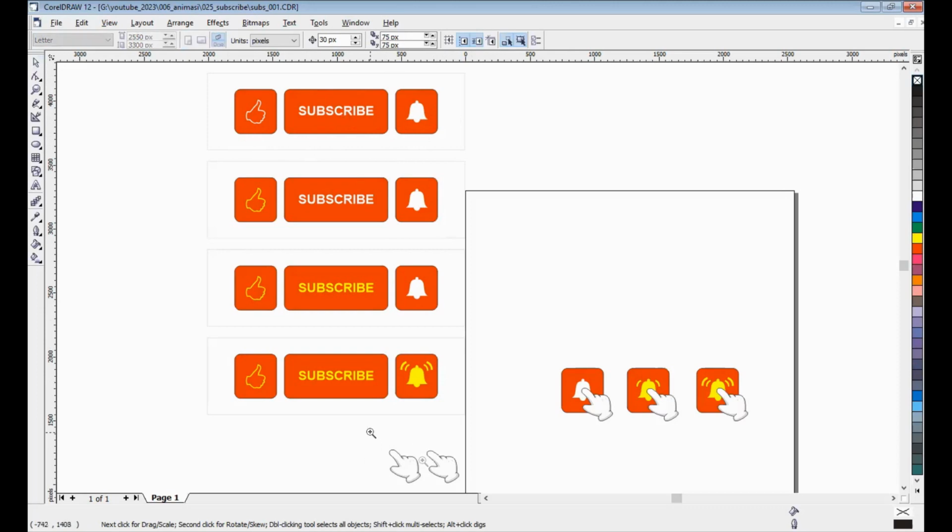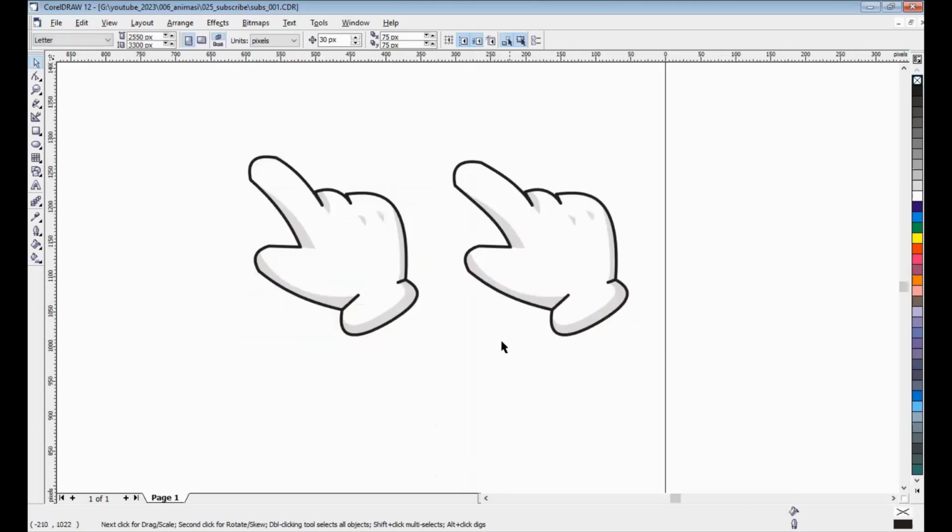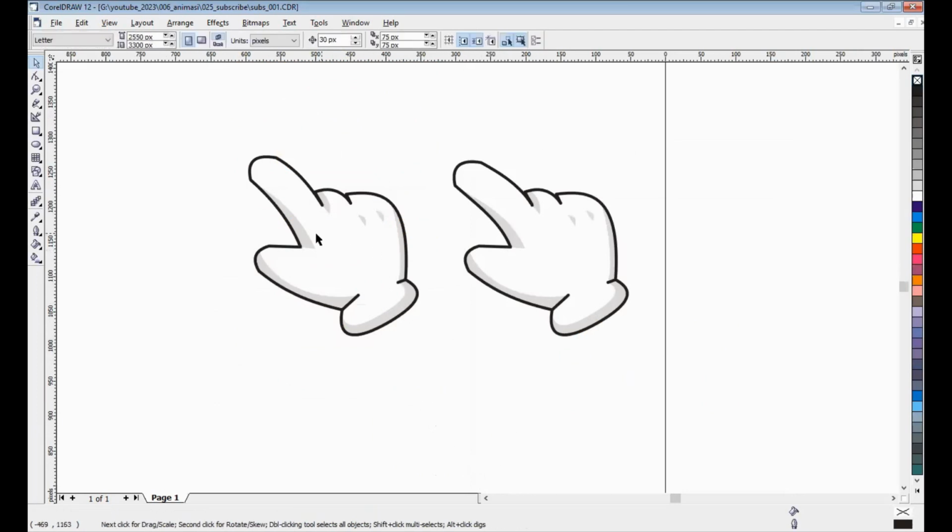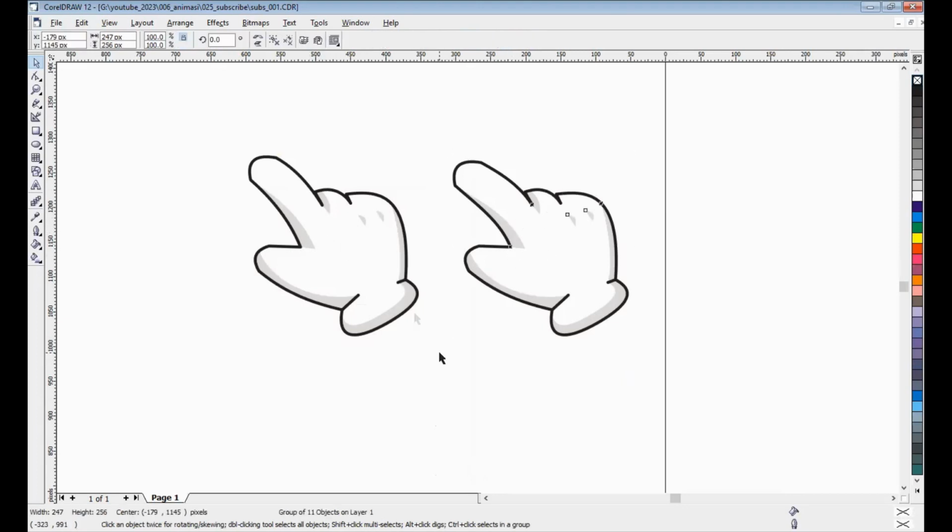And I have an illustration of the button. I have an up hand button and a down hand button. Take a look like this.